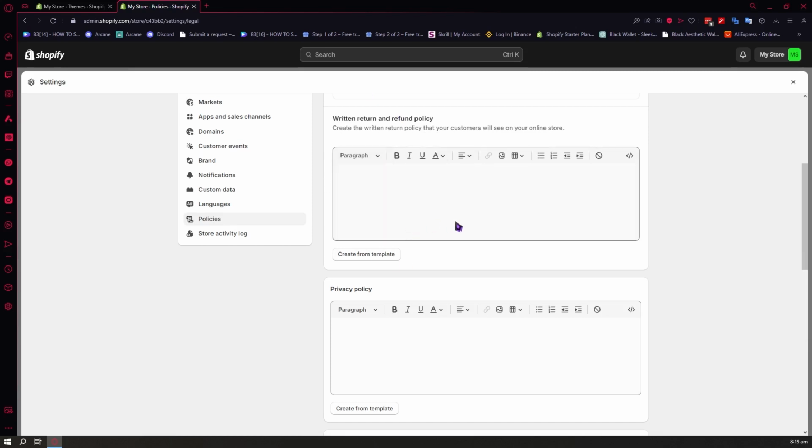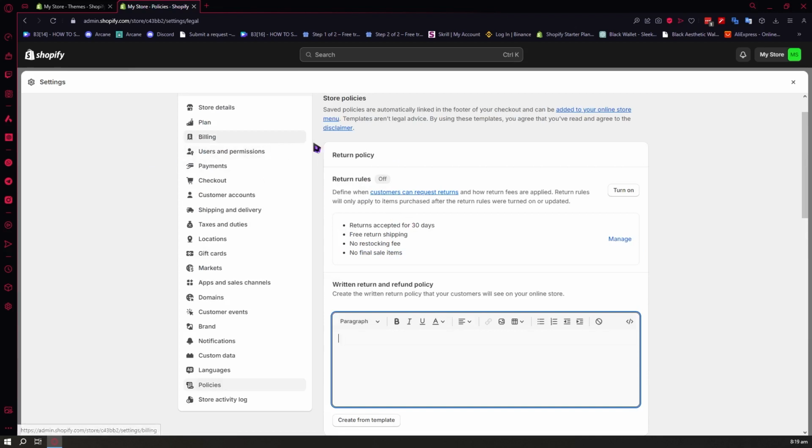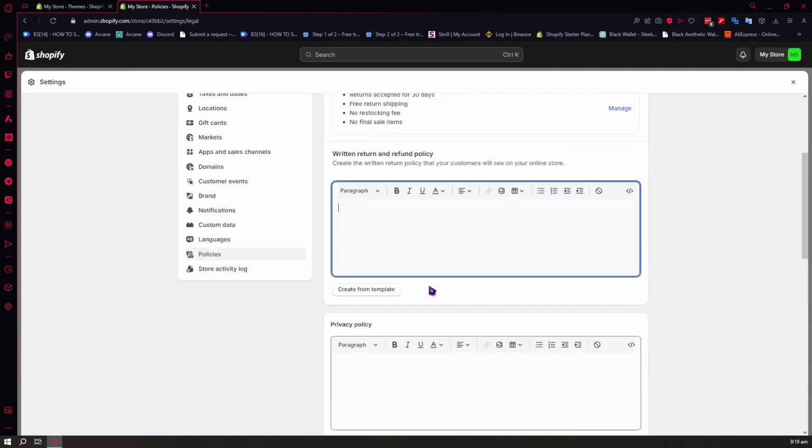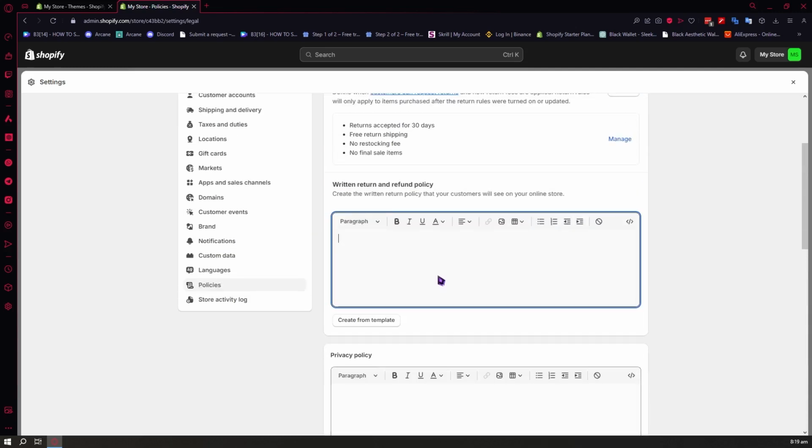So if you're wondering that this is such a drag to make, then you could just use ChatGPT to make your policy, and all you have to do is review it. If everything looks good, then you can just put it up right here. So yeah, you can just use the power of AI to make everything in no time with really good